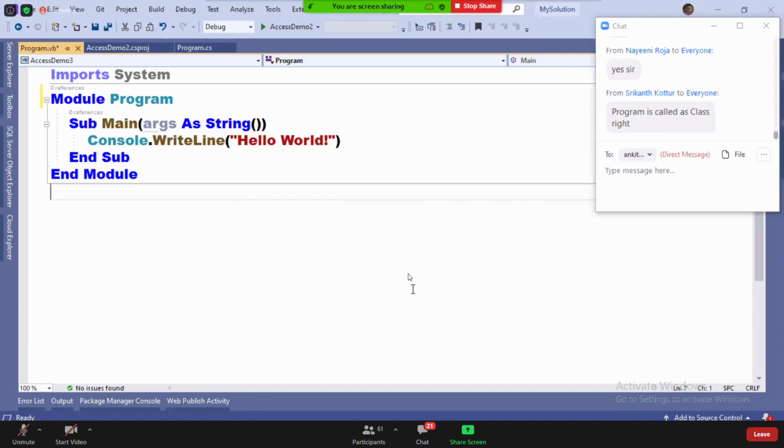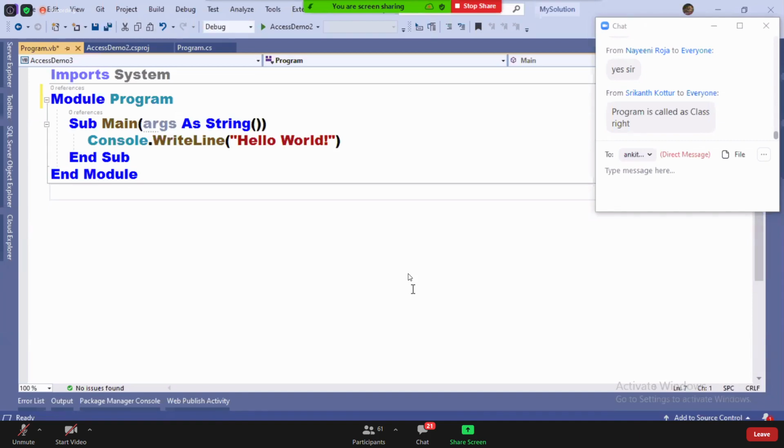If you write an If, there will be End If. For a For, End For. Like this, for everything, there will be a matching end statement. Understood? So: not case sensitive, no semicolon terminators, no curly braces.